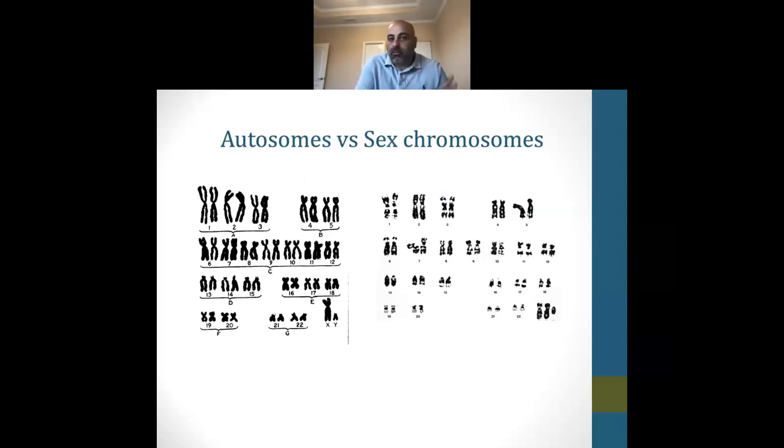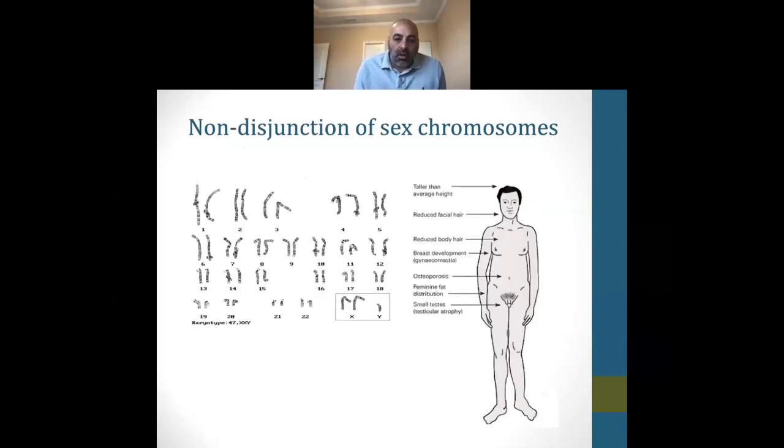But moving along, there's all kinds of different anomalies throughout there. Okay, non-disjunction of sex chromosomes. So this is Klinefelter's. That's what they're talking about. Sorry, it's testicular atrophy here, not streak gonads. But usually very tall, slender. They say 1 in 5,000. No, 1 in 500 males can have Klinefelter's, right?